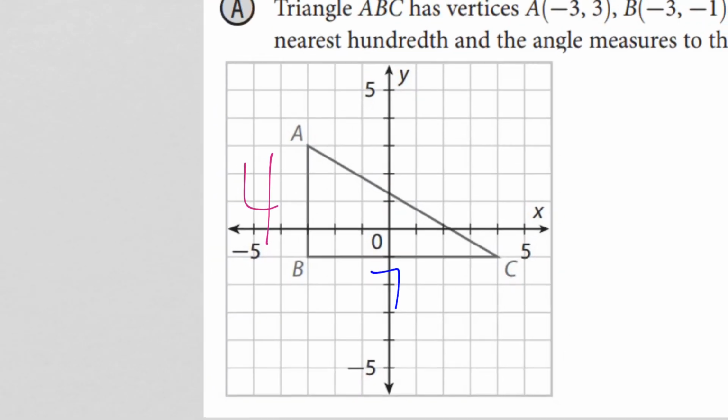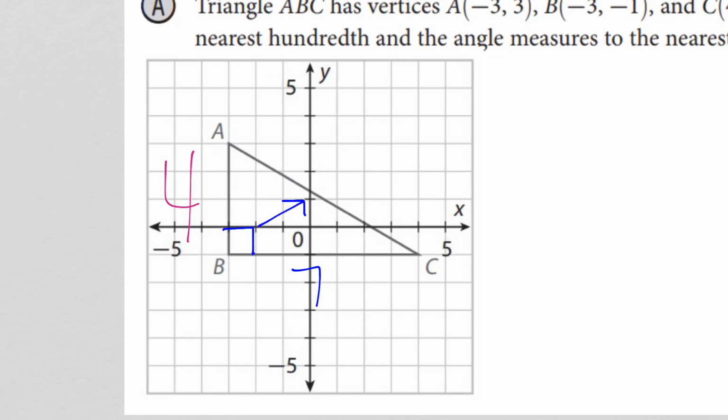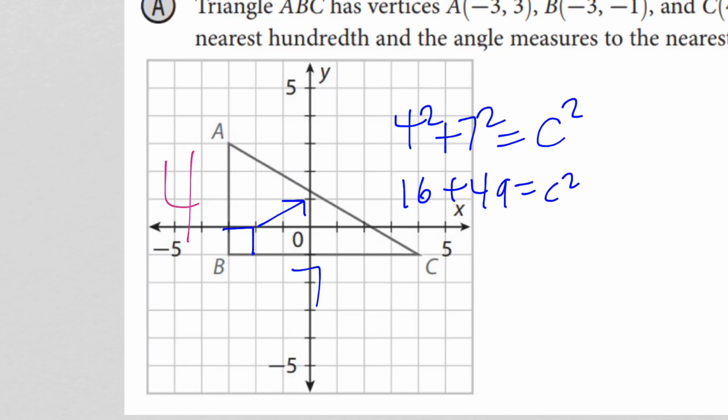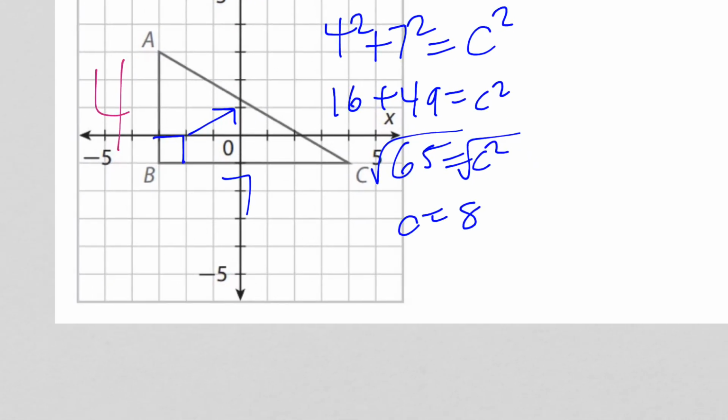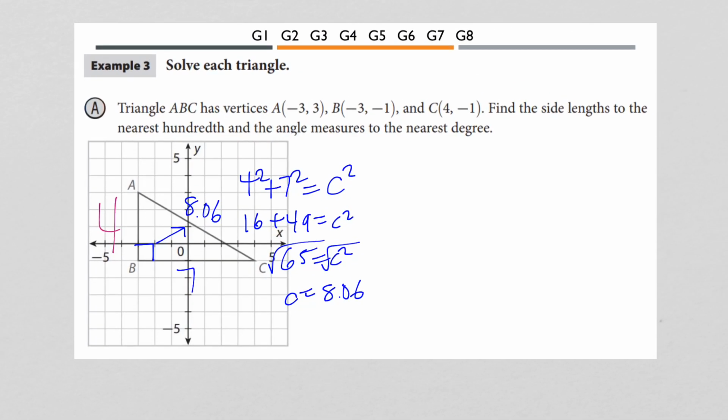So I'm going to go ahead and use Pythagorean theorem, because that's easier. So what I'm trying to find is the hypotenuse. So 4 squared plus 7 squared is going to be the hypotenuse squared. 4 squared is 16 plus 7 squared, that's 49. 16 plus 49 is 65. And if you take the square root of 65, you end up getting a C value of approximately 8.06. So this is about 8.06. That's your hypotenuse. Now, the question is not asking me